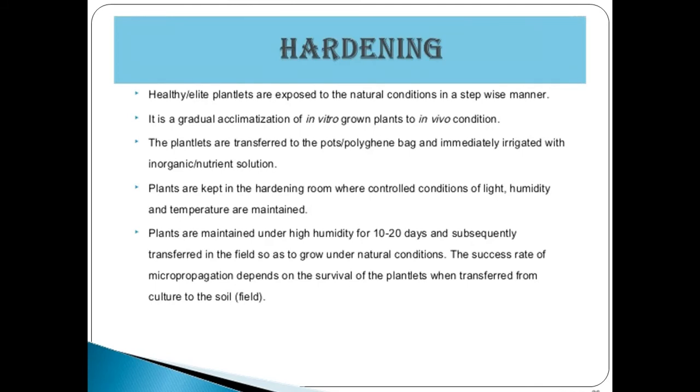These points are very important for the propagation or production of any type of plant species. Then plants are maintained under high humidity for 10 to 20 days and subsequently transferred to the field so as to grow under natural conditions. So the success rate of micropropagation depends upon the survival of the plantlets transferred from the cultures